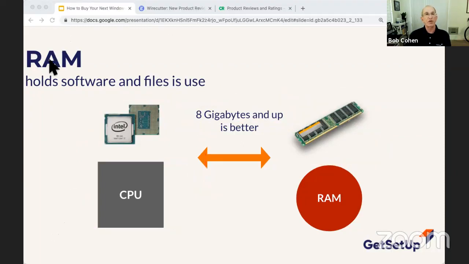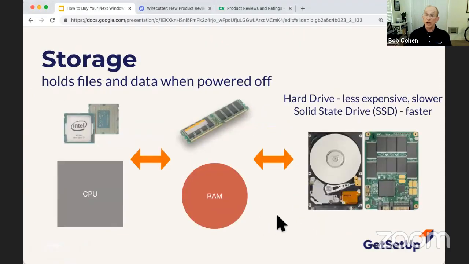Okay, so now let's go on to storage. There are two kinds of storage disks, and this has made storage a little more complicated than it used to be. In the old days, there was a storage disk called a hard disk drive, and it had a rotating platter. They still make them, and it used a magnetic disk.